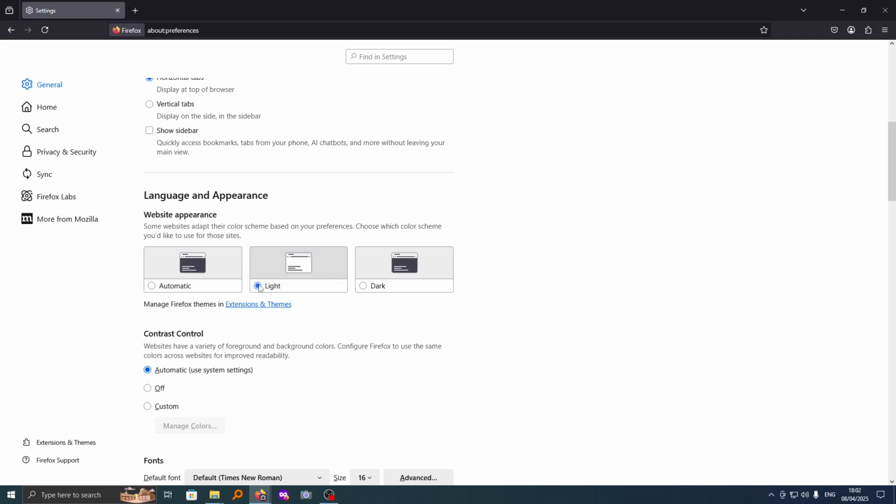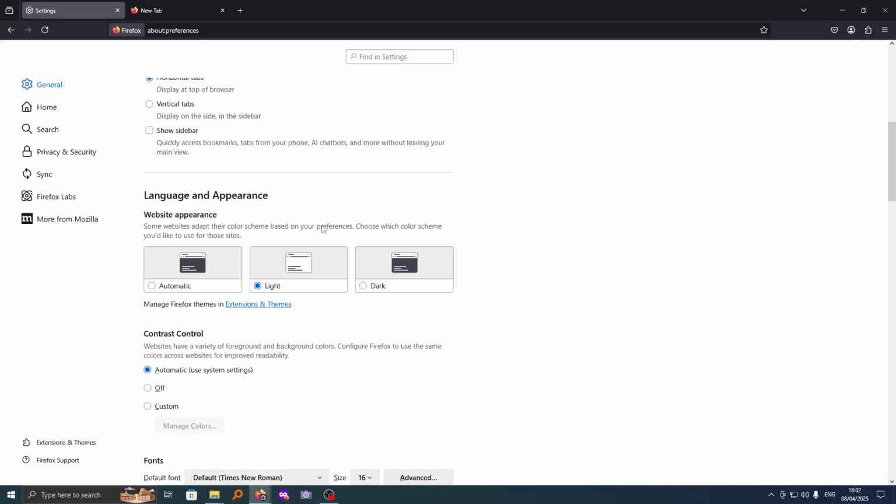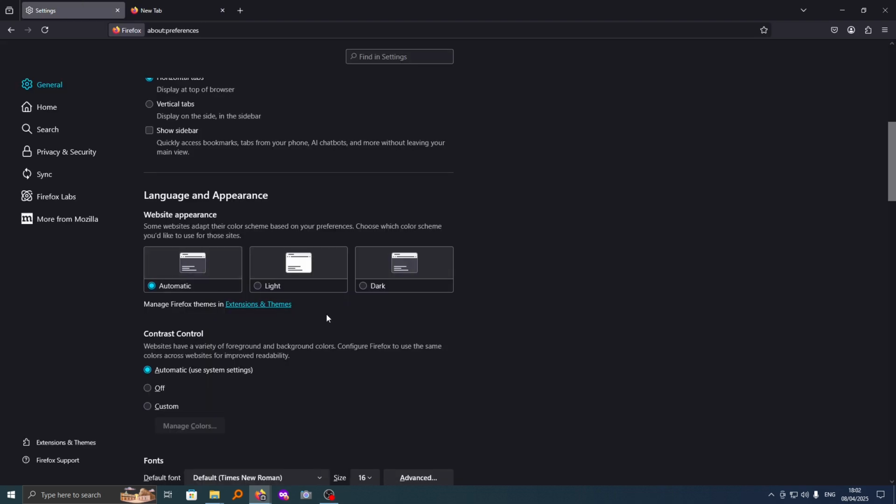But look at this light. If I go ahead and choose this light, as you can see, we have light here and dark here. And if I open a new tab, you can see the light mode is selective. So to make sure that everything is in light mode, go ahead and tap on this automatic, and then go